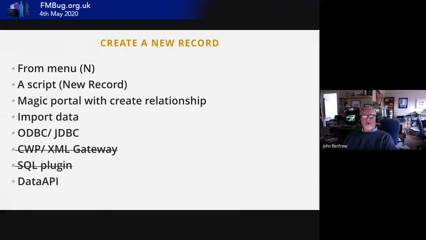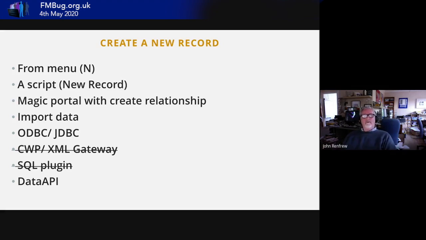Maybe that's not one that you really want to be managing, and it certainly doesn't work on FileMaker Go. And there's some chance that the one above might not be around forever, so let's not build systems based on that. Because what we have got since FileMaker 17, obviously, is the data API,